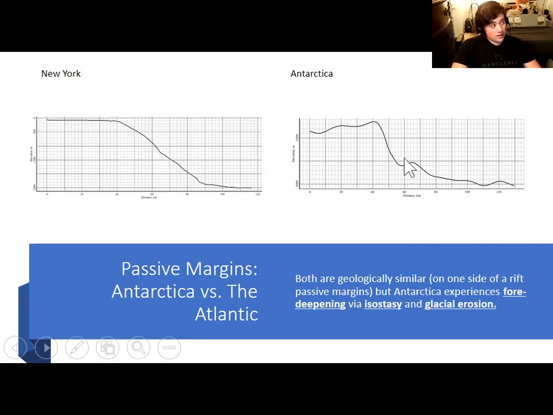And it turns out that glaciers play a large role in this in several different ways. For one thing, the glaciers actually cause more significant erosion of the surrounding ocean floor than does anything coming off of the eastern seaboard of the United States. Glaciers, as we'll find out later, are a very effective agent of erosion, of rock removal. And glacial erosion accomplishes what is known as foredeepening. And the other thing is that the